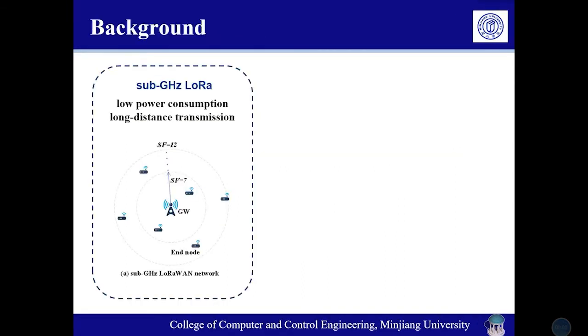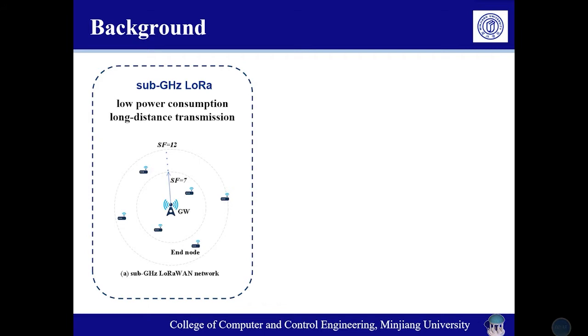Firstly, I'd like to introduce the background of our research. LoRa is a new low-rate modulation technology for wireless communication, which uses spread spectral communications to increase the transmission distance. It can meet the needs of low power consumption and long-distance transmission in the meantime, by changing the data rate and receiving sensitivity. And this adjustment is achieved by configuring different spreading factor and bandwidth.